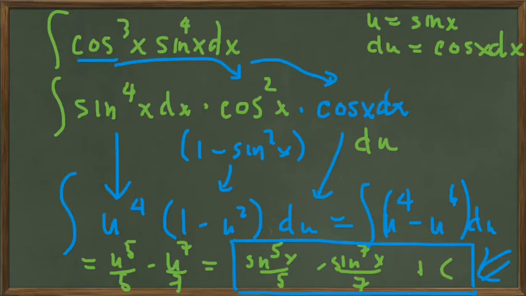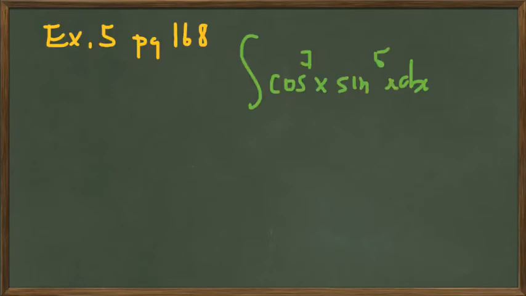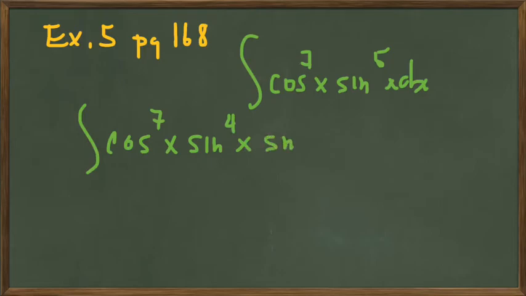So pretty easy, right? And then if we continue with another example of this type, example 5 on page 168, well, this time we have both the cosine and the sine to an odd power. So we could either separate off cosine to be a du or separate off sine to be a du. We're going to choose to separate off the sine. So we're going to rewrite this as cosine to the seventh x, sine to the fourth x, sine x dx, and the sine x